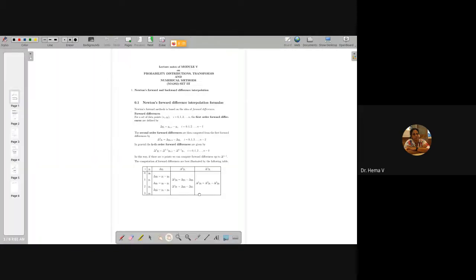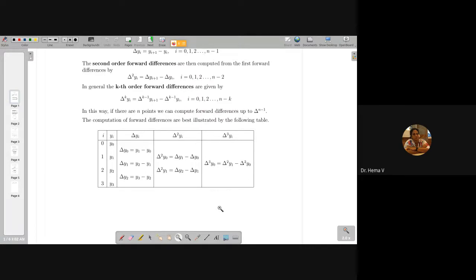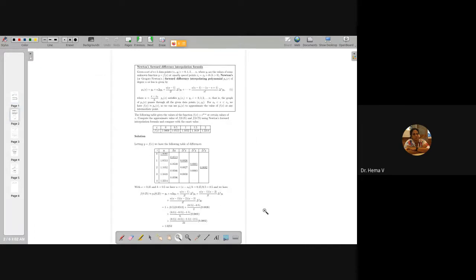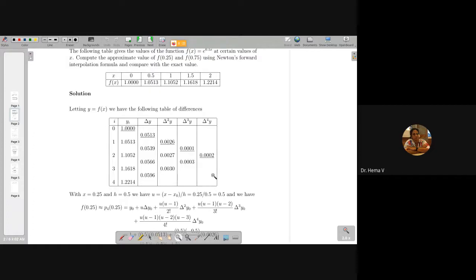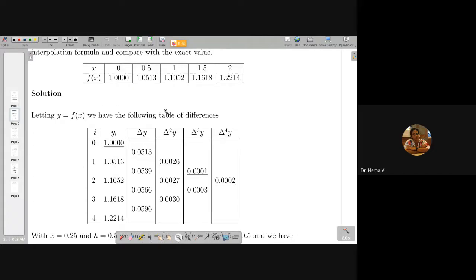Just a problem. This one and all you have just mentioned, this is also shared in the notebook, in Google Classroom. So look at the problem. Compute the value of, this is a,